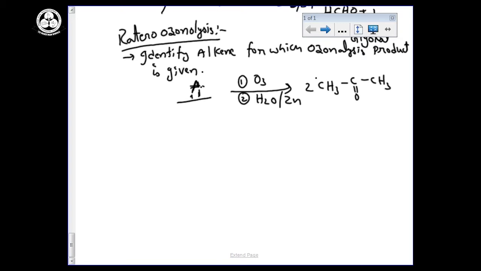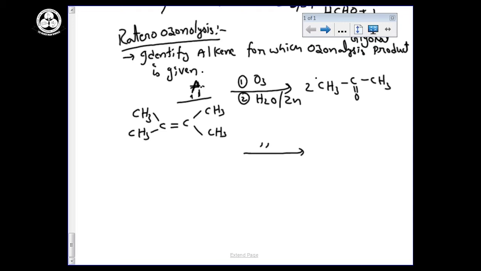Carefully observe. Previously alkene they are giving, just we are breaking the bond, then we can get the aldehydes or ketones like this. Add oxygen on both sides of the double bond. Now just remove the double bond. So one molecule is like this, CH3, C double bond O, CH3. Previously the double bond you are breaking, you are adding oxygen on both sides. Now I remove the oxygen, just I am joining the remaining 2 molecules like this. This is our alkene. So you have to practice like this.